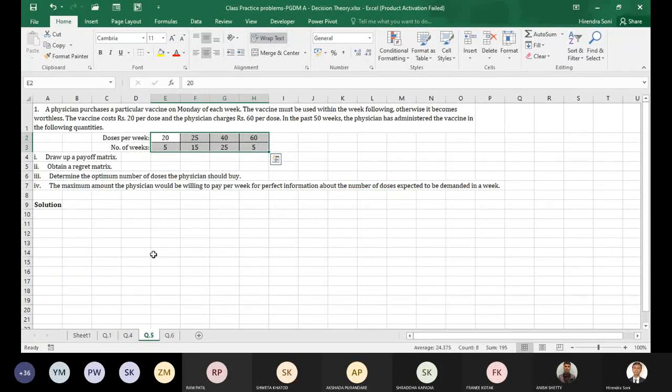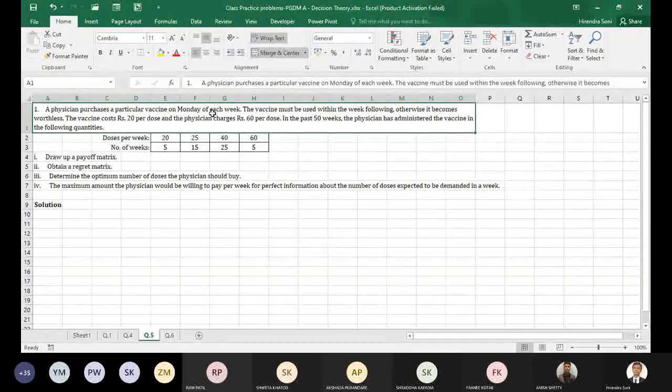Now coming to the next question, question number 5. Question number 5 says, this is under risk, where information is available in the form of probability. Probability means how much possibility there is, what is the percentage probability. So based on that, the information that is available to you is